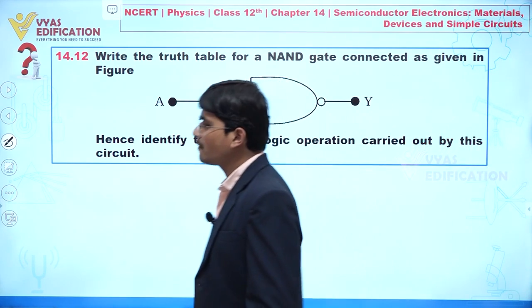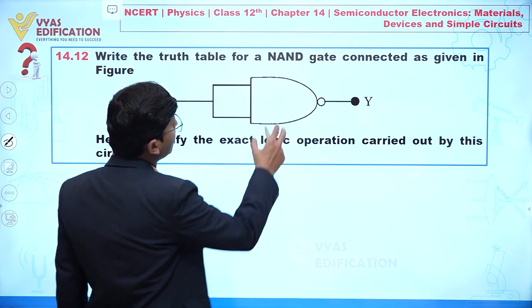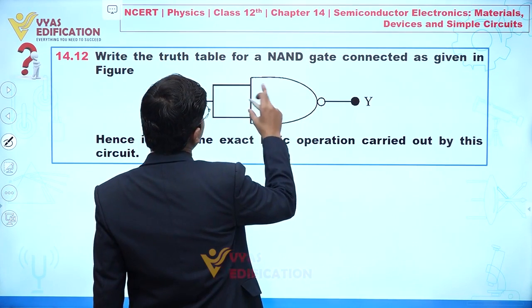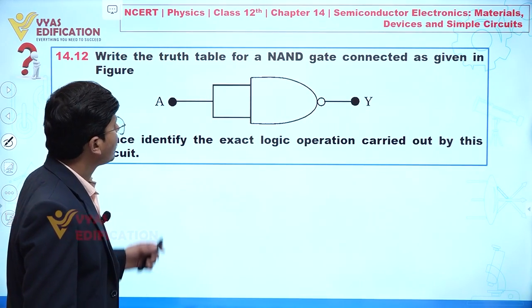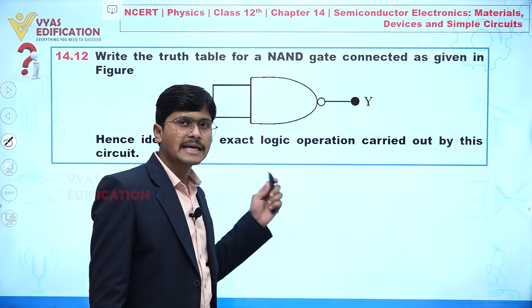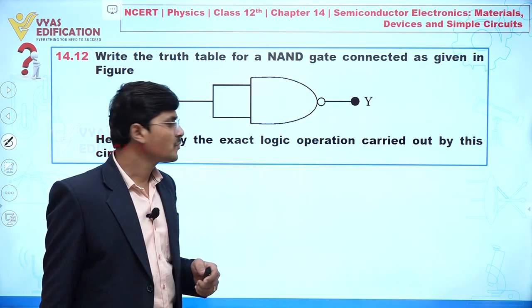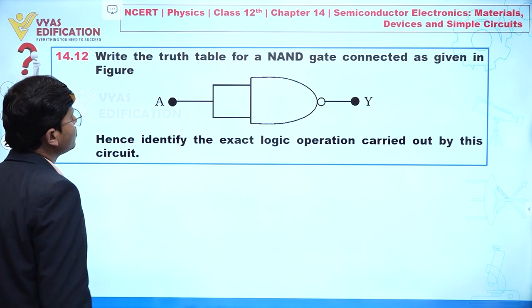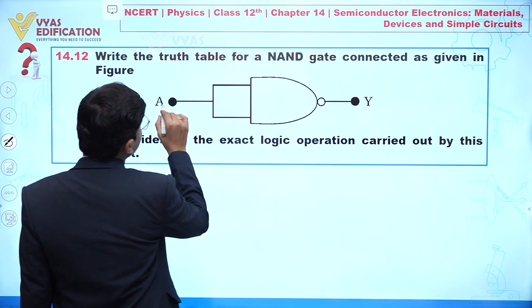And in this question a logic gate is provided to you. Actually you can see this is a NAND gate, and we are connecting both the inputs of this gate. Now we have to find what exact logic operation is carried by this circuit. So now concentrate. First of all, let's suppose we are taking this as input A,